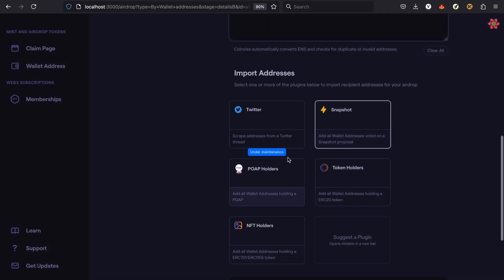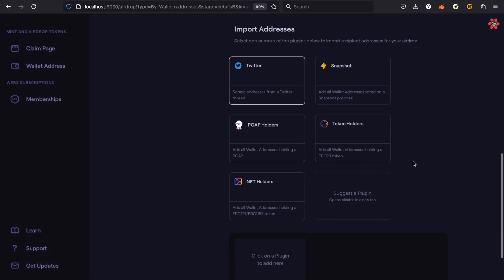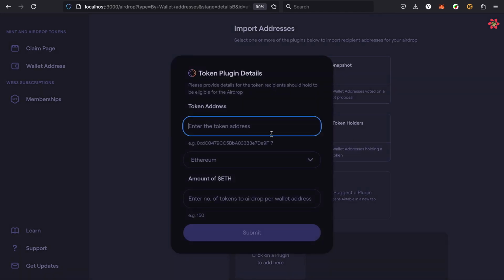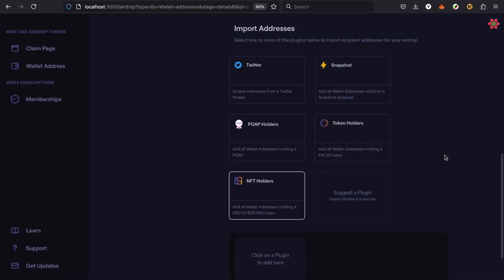You can also see this really nice gradient here when I am activated, when I'm holding the click. That's a nice touch. Token holders, you can choose which token a user has to have in possession to be eligible for this airdrop, and same with NFT, which NFTs they need to be possessing at the time to claim